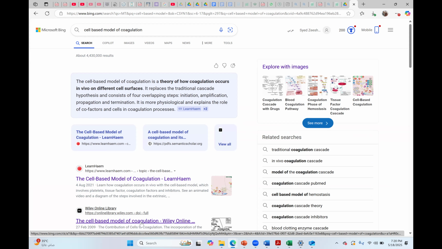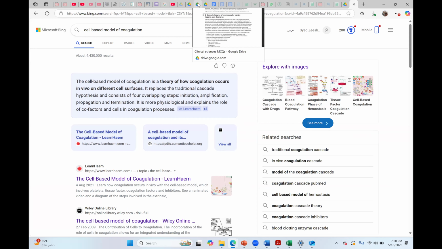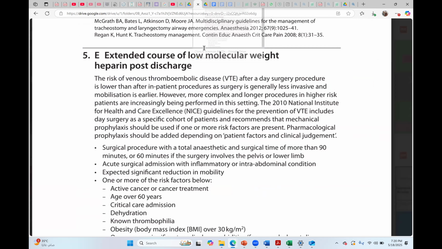We are going even further in depth. If you want to revise, you should know how coagulation occurs and how thrombus formation occurs. Then you can say what the conditions are in which there will be more thrombus formation, and what the system is which breaks the thrombus. Not the antifibrinolytic system, the fibrinolytic system. Yes, fibrinolytic system. Antifibrinolytic is what we give.